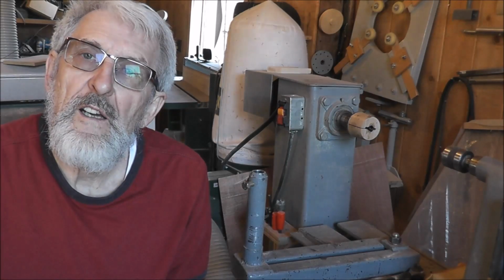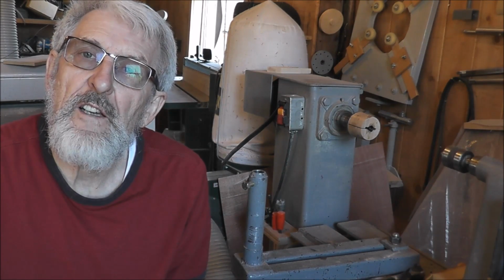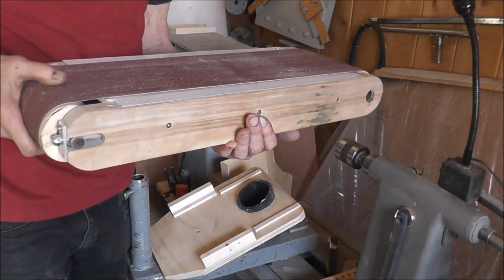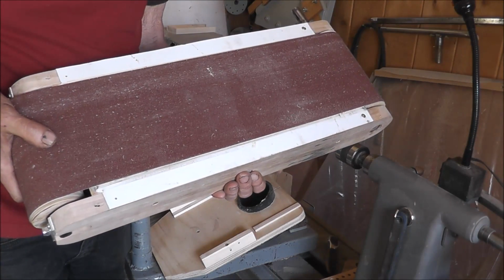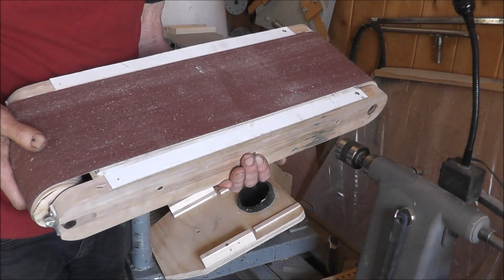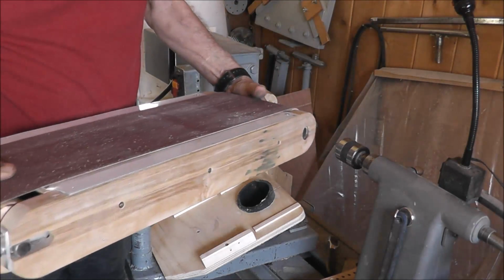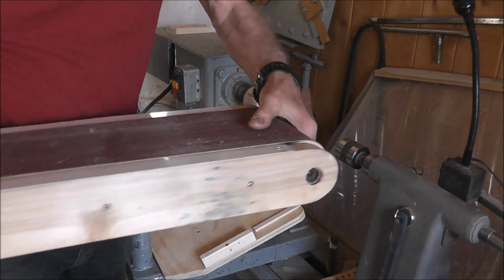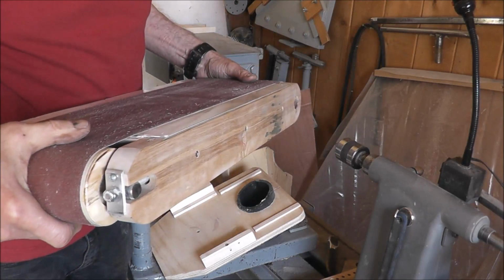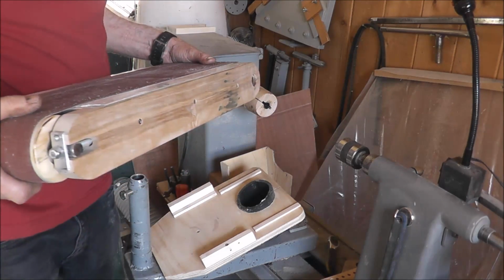So without further ado, let's take a look at this unit and how it works. So, okay, this is the unit here, a belt sander using 6x48 belts. Anyway, it's a very simple device. There's two rollers, front and back here. And to make a belt sander, you have to have two things